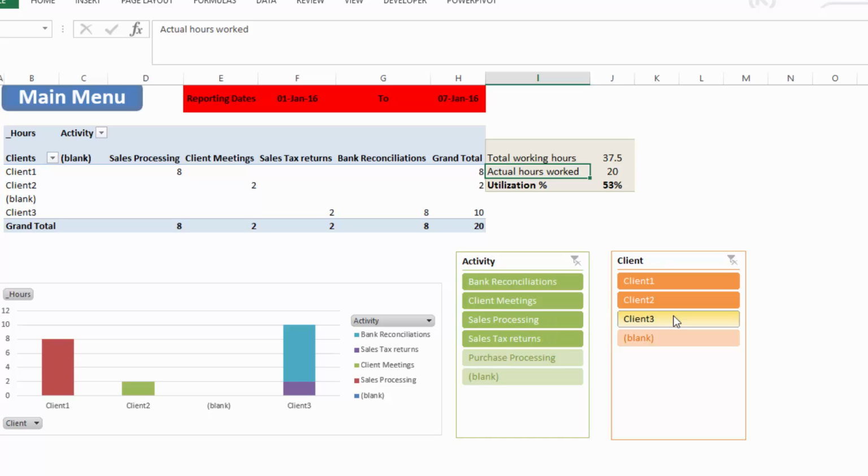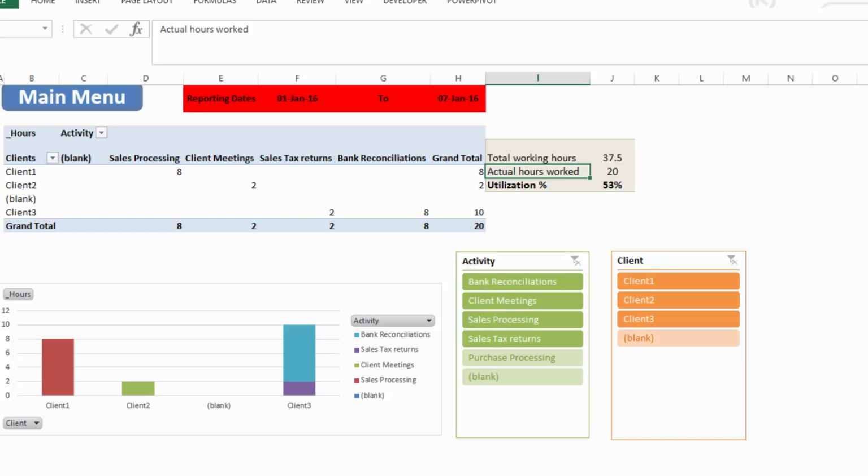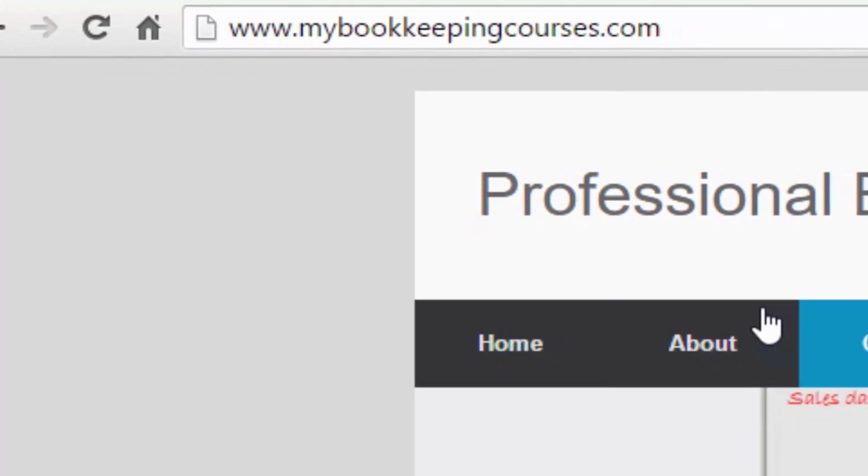Back over to the slicers, then you can also just slice the report by the client, so you can have a look at particular clients in isolation and see exactly where and how you spent your time on them. So that's the timesheet template, and don't forget this timesheet template is free for you to download at